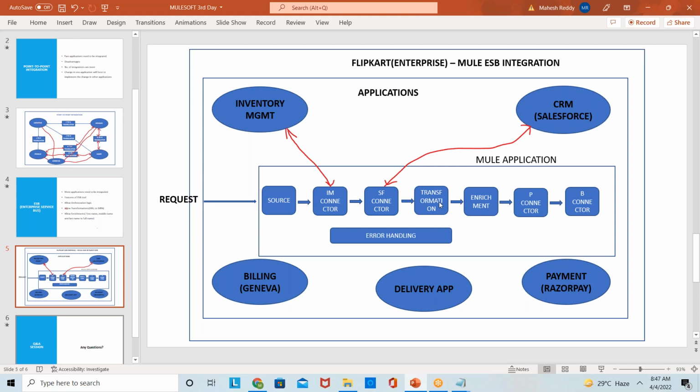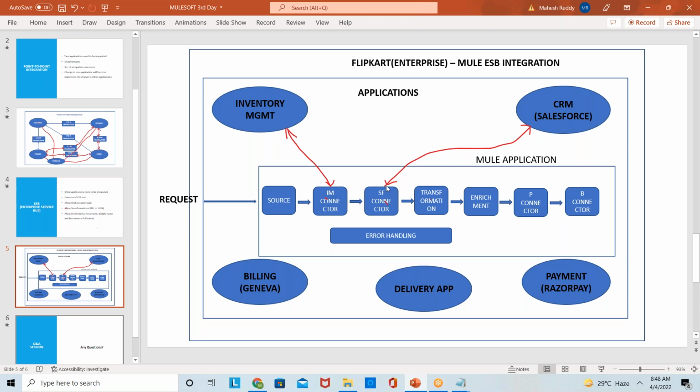They have an internal communication mechanism. Don't worry about this, it will be taken care of automatically in the background. We only have to take care of these particular connectors. Now it communicated with the inventory management, and it gave a response like, okay, the stock is available, you can proceed for the further